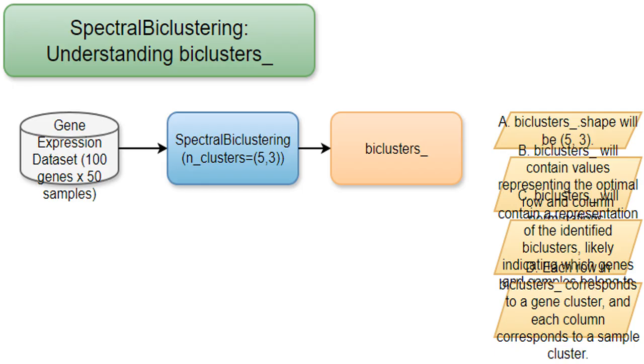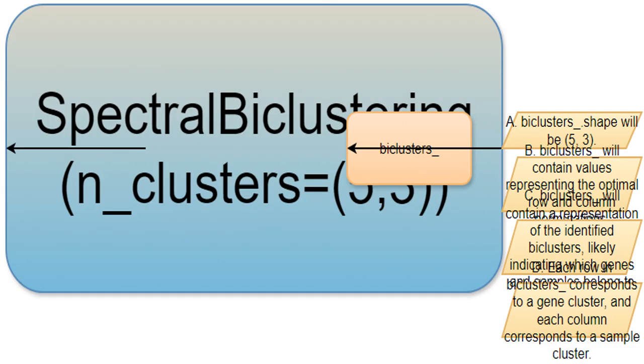Imagine a spreadsheet with 100 rows, genes, and 50 columns, samples. Each cell contains a measurement showing how much a specific gene is expressed in a particular sample. The goal is to find groups of genes that behave similarly across samples, and also groups of samples that show similar gene expression patterns. This is the key attribute after we run the